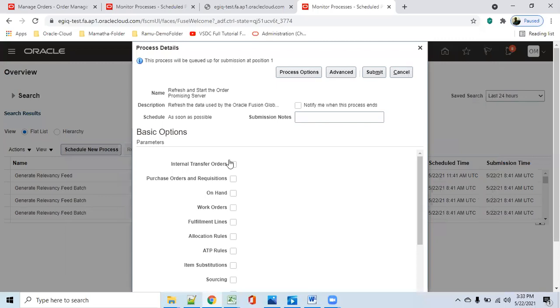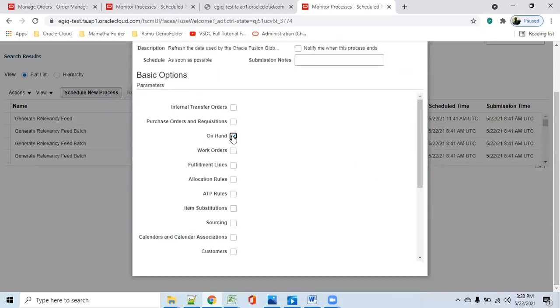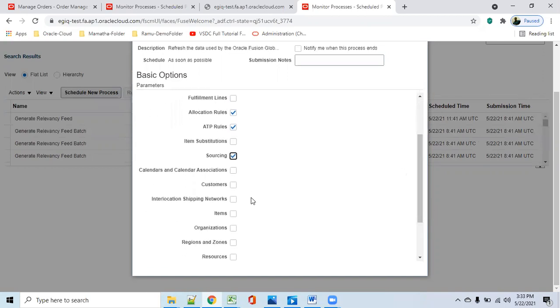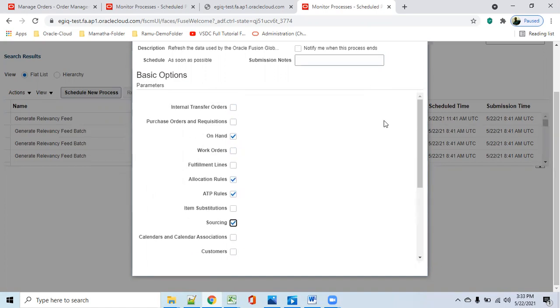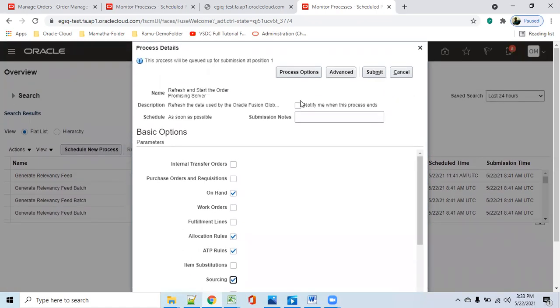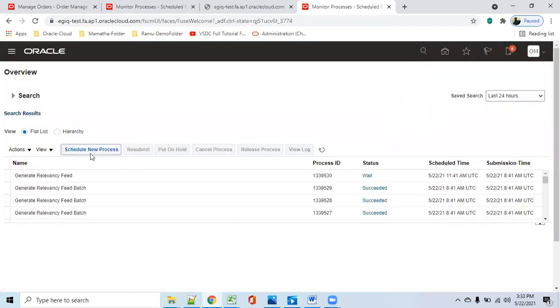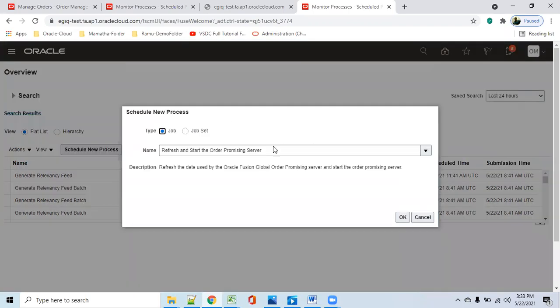The system will ask for some parameters, for which parameters we are running. If you have any on hand, if you defined your own ATP rule, an allocation rule also, and sourcing rules, and then customers, items, organizations, whichever you want, you select it and then submit the program. This is manually we are doing. If you want to do it in an automatic way, it has to run 2 times per day. How to do this is